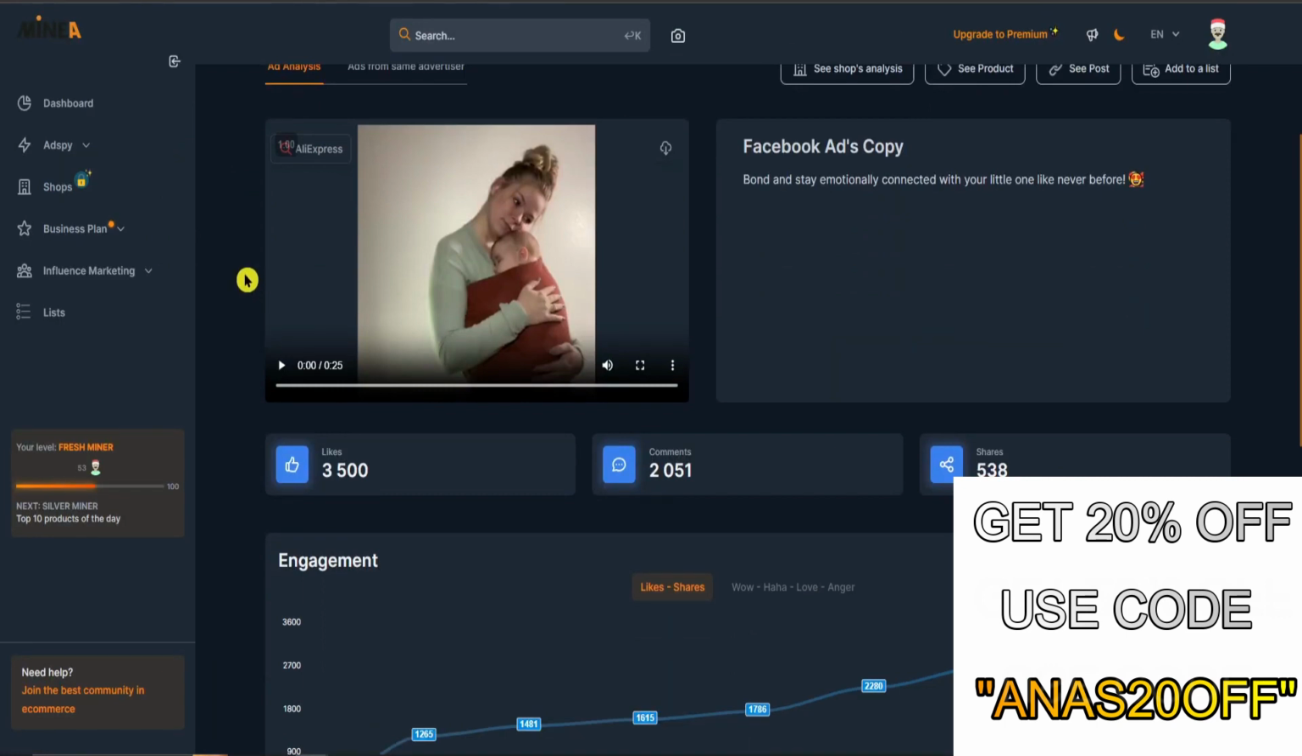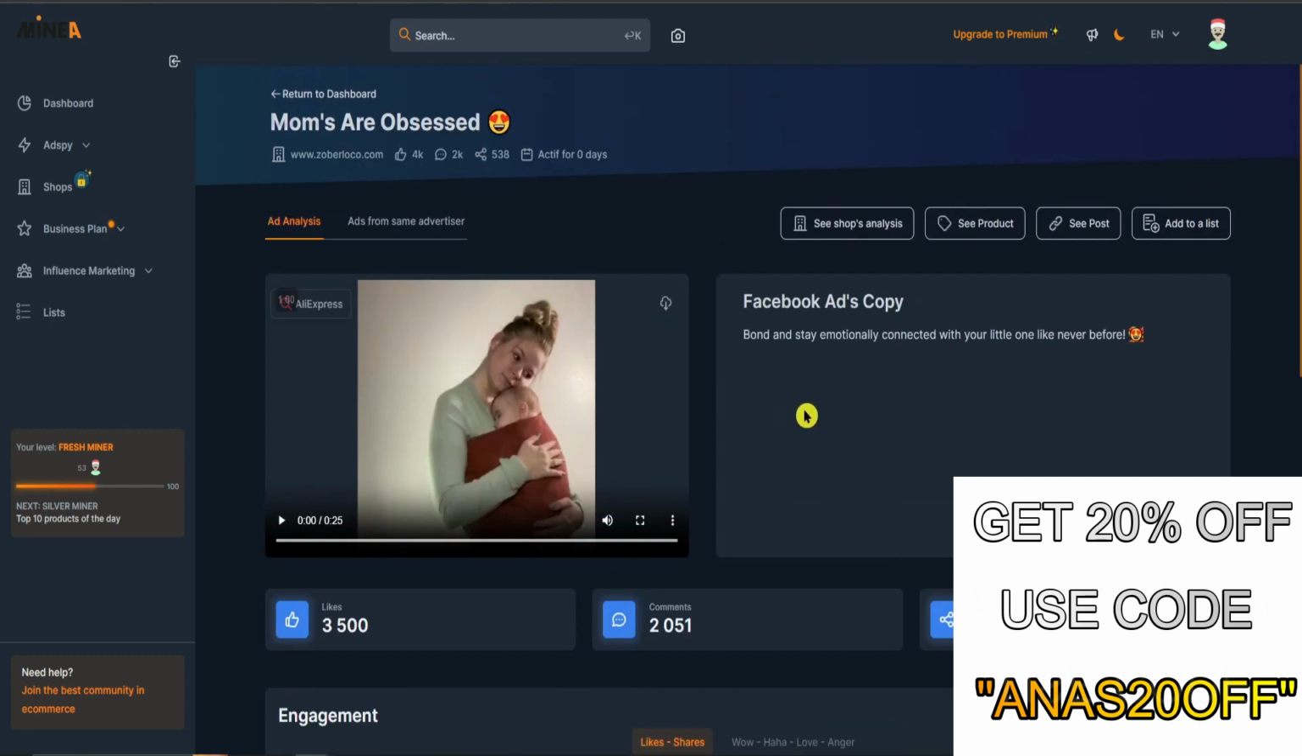This is like the Facebook ads copy. You see the comments, you see the engagement. So this is what you're always going to find in the dashboard. And what I like is that you can play the ad,